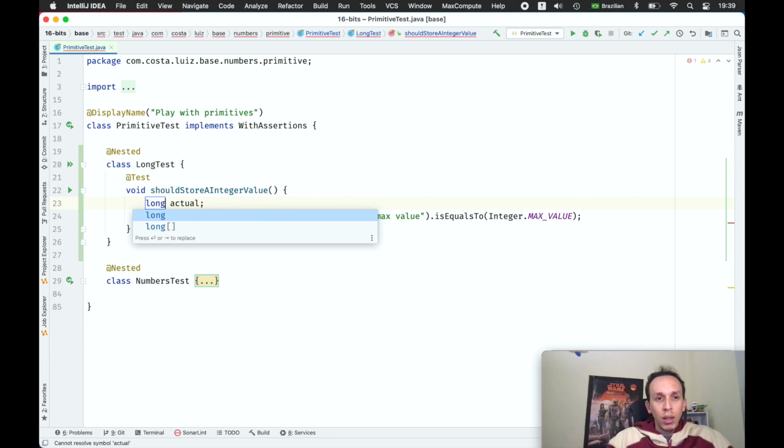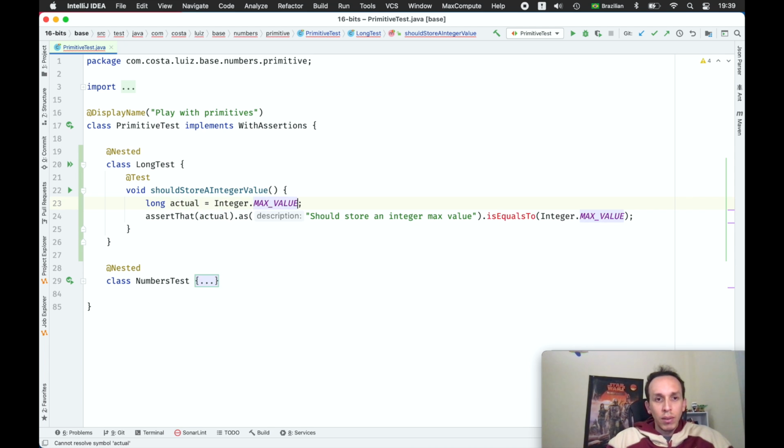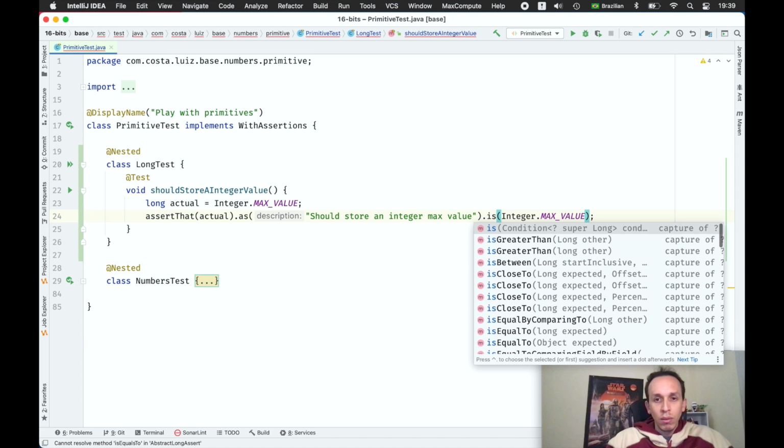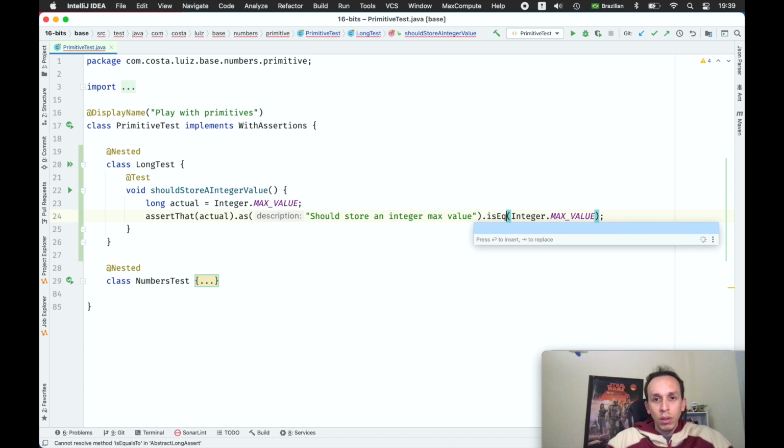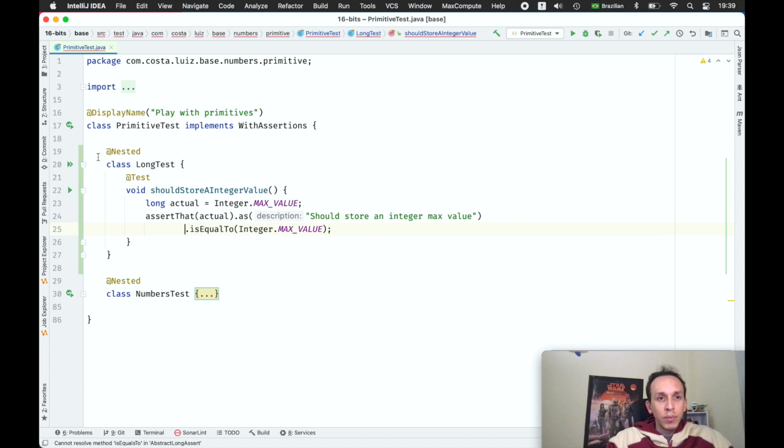This should be a long, receiving Integer.MAX_VALUE. Okay, is equal to, maybe I typed it wrong, is equal to, not equals. Equals is the method of Java. Okay, so I have one broken, no, not okay. Let's just run this test and see what happened, because I'm comparing the max value of the integer using the long. Nowadays it is very common